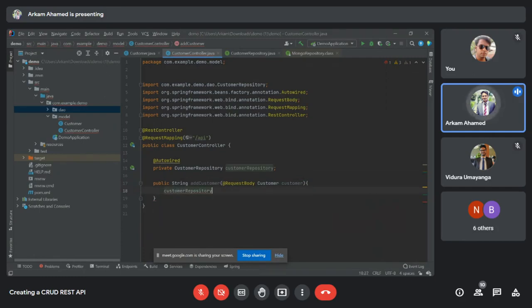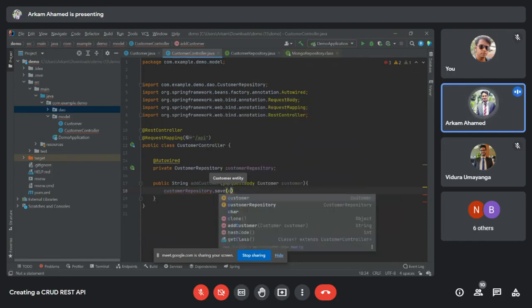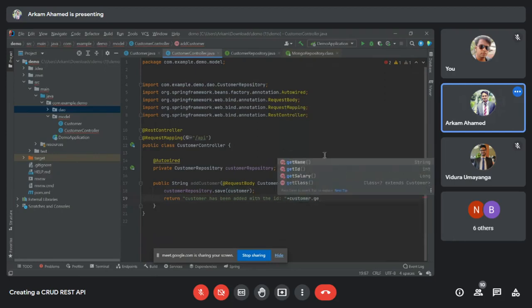And then get the database, which is customerRepository.save the customer, which we are getting from the user. And then just return a dummy text, Customer has been added. Get ID. This getId and getName all comes from the Data annotation, which is from the Lombok dependency.